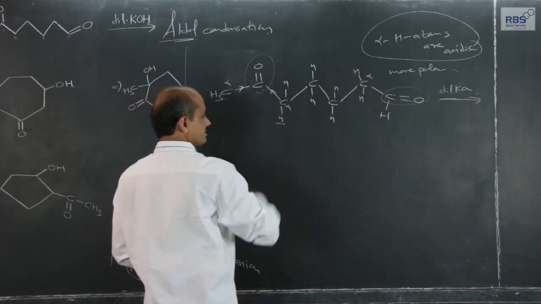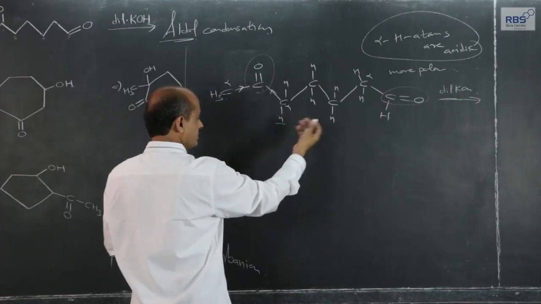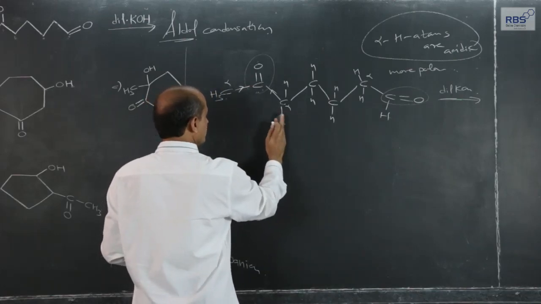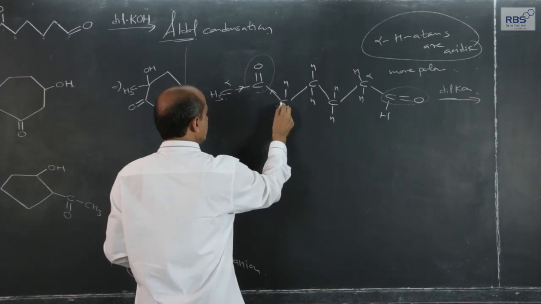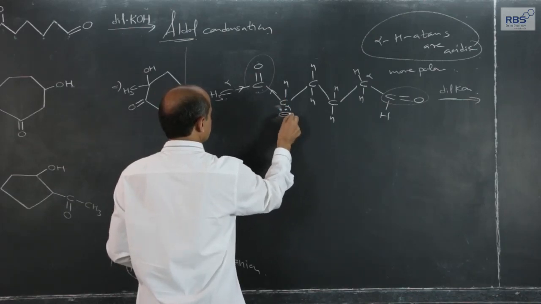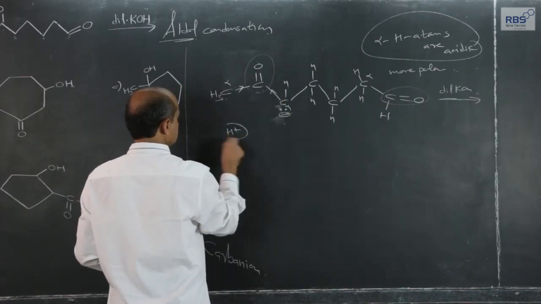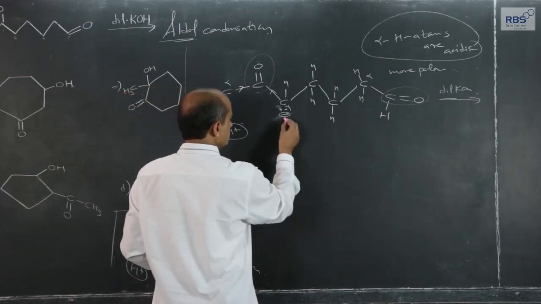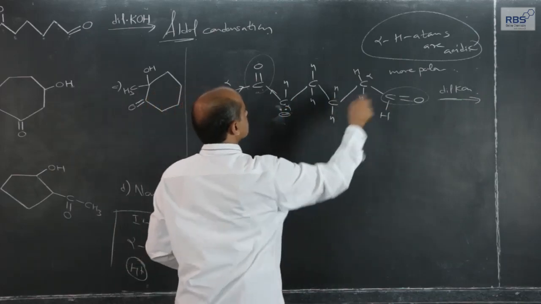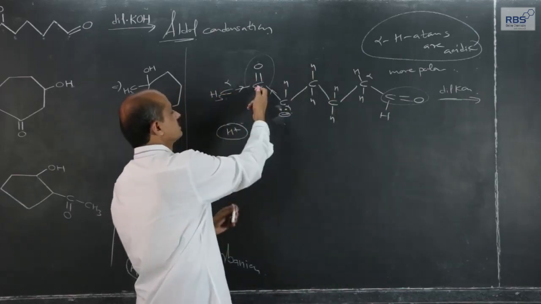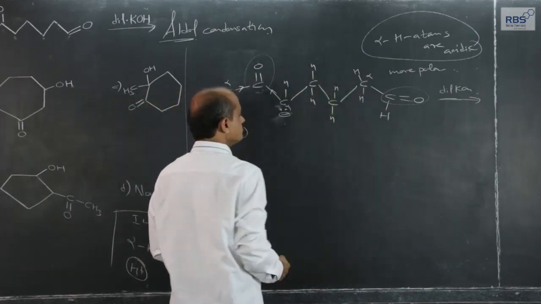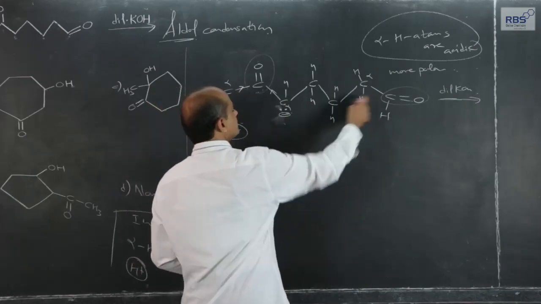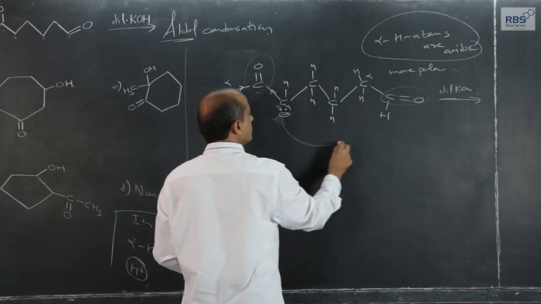So, in presence of base, I will write it here. In presence of base, hydrogen atom will get removed in the form of H plus ions, giving rise to carbanion. And this carbanion, although we have written in this fashion, sp3 hybridized carbon, this is sp2, sp3, sp3, sp3. This is closer, this lone pair will attack this carbon,